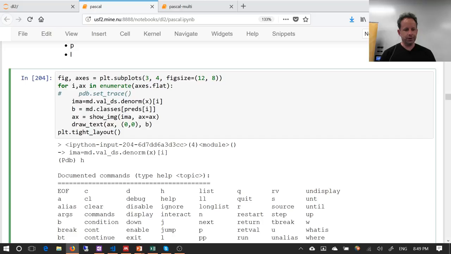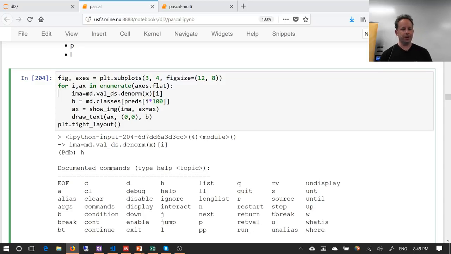So let's get rid of that set trace. The other place that the debugger comes in particularly handy is, as I say, if you've got an exception, particularly if it's deep inside PyTorch. So if I went i times 100 here, obviously that's going to be an exception. I've got rid of the set trace. So if I run this now,